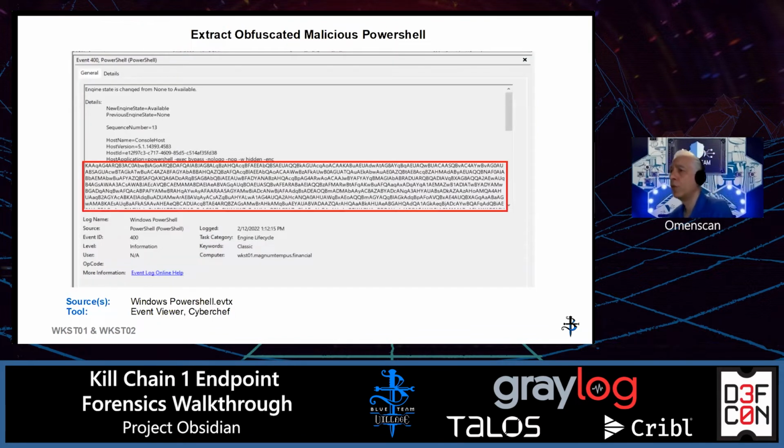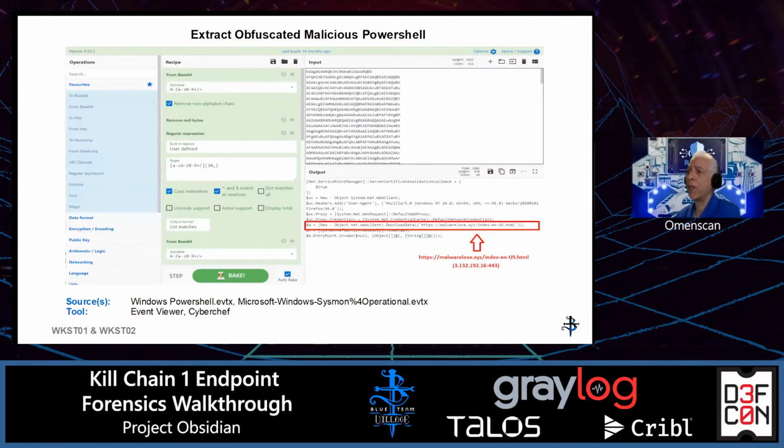So getting into the artifacts and the conclusions we can draw from them. The first thing that we find is that a malicious PowerShell script was executed in the environment. We see this in the PowerShell event viewer log, and it jumps out at us because it's using a hidden execution, and the PowerShell script is obfuscated. So we're going to grab that data from this event log, and we'll throw it into